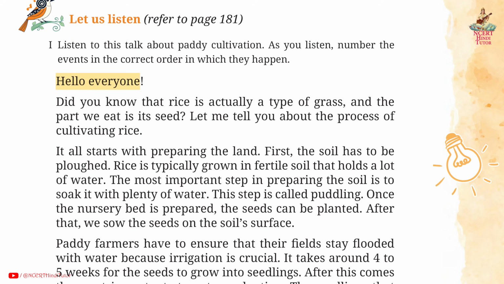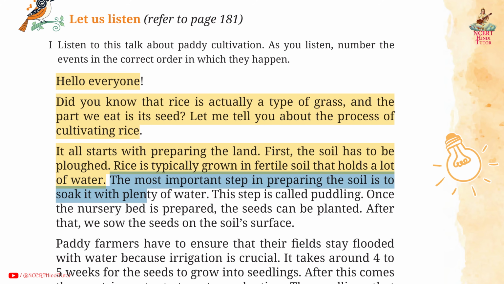Hello everyone. Did you know that rice is actually a type of grass and the part we eat is its seed? Let me tell you about the process of cultivating rice. It all starts with preparing the land. First, the soil has to be ploughed. Rice is typically grown in fertile soil that holds a lot of water. The most important step in preparing the soil is to soak it with plenty of water. This step is called